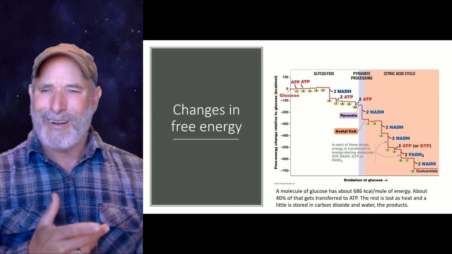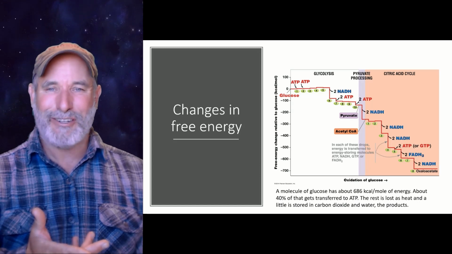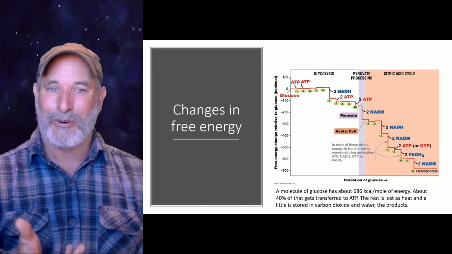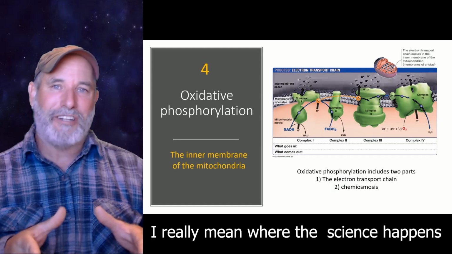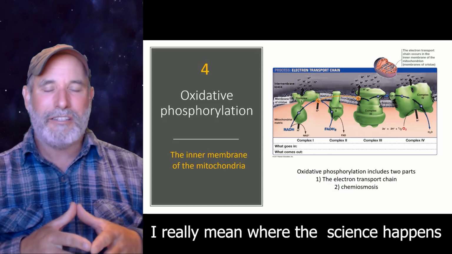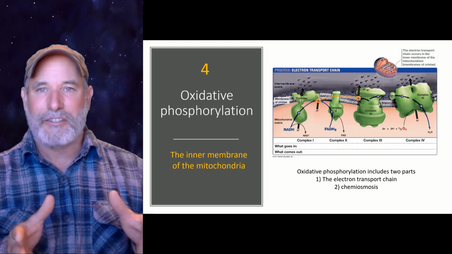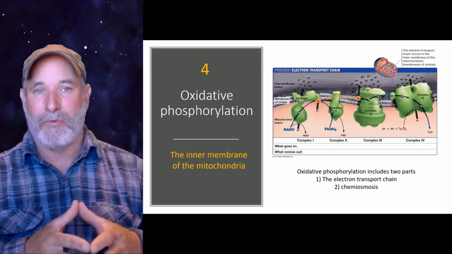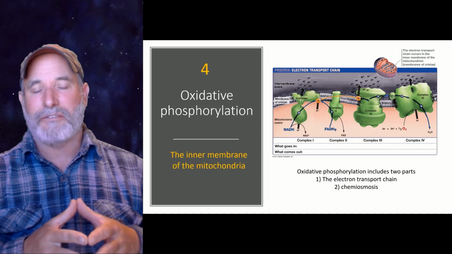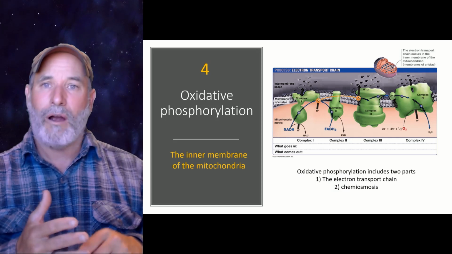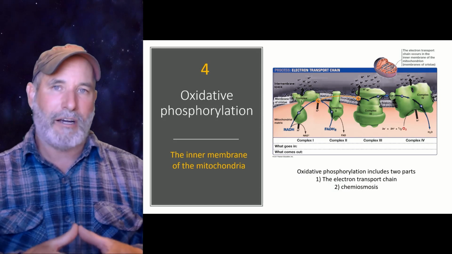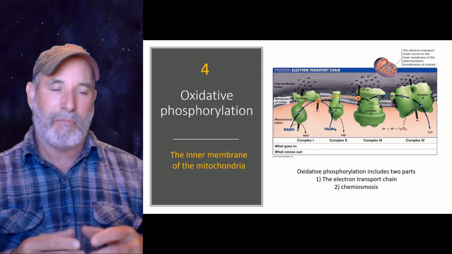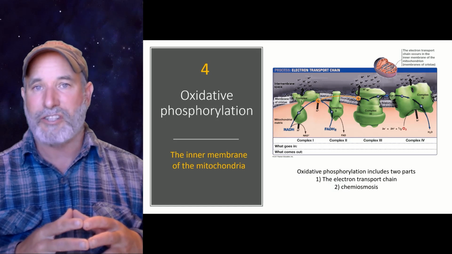So how do we make all this ATP? It sure can't be substrate level phosphorylation. Here's where the magic happens. Oxidative phosphorylation. This to me is a secret to life, right? Or at least chemiosmosis. Now, oxidative phosphorylation requires the inner membrane of the mitochondria. This is why mitochondria have a double membrane with all of those folds inside of it.